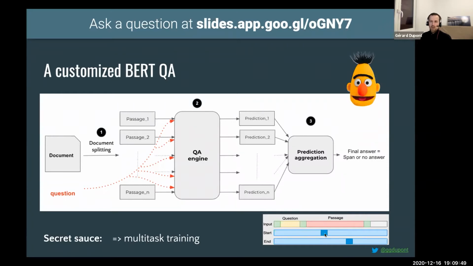As you can see, you can combine this prediction, because sometimes you have a low prediction for the end because the answer is actually over multiple passages. So this is why you have this prediction aggregation at the end to predict the most relevant passage, which could span over these different spans that you identified at the beginning, and to find a final answer, which is actually a list of ranked answers ordered by a score. And this is a second way to assess the quality of the answer: to check the score and to check how the distribution is done over all the answers that are provided or selected.